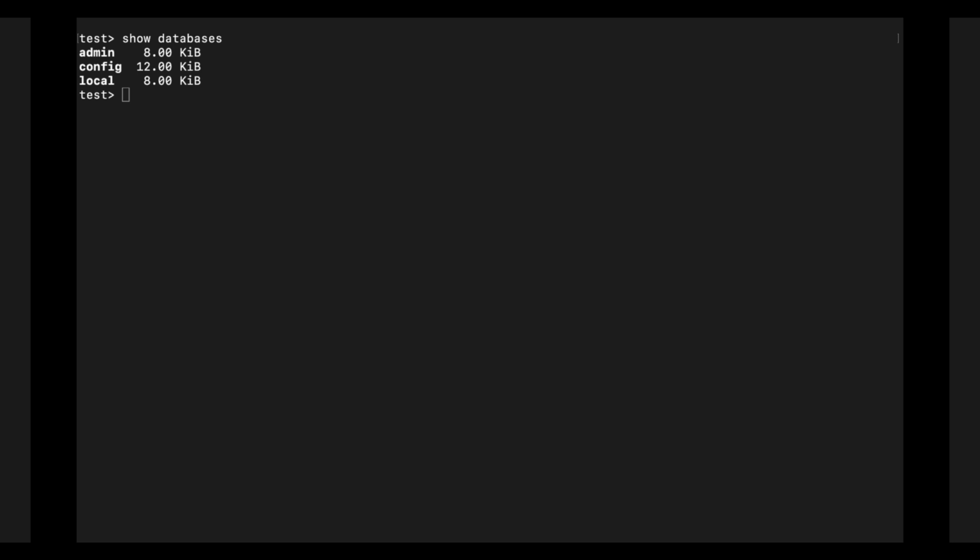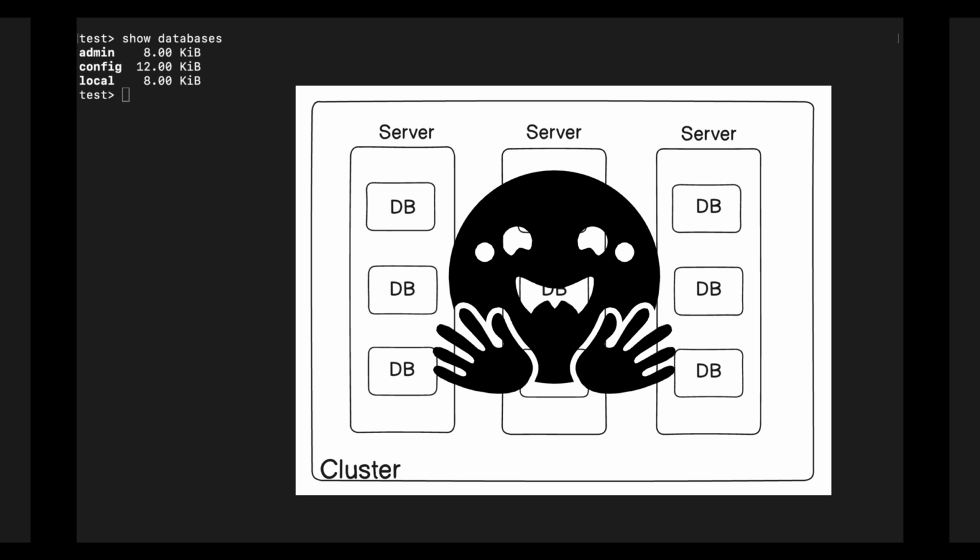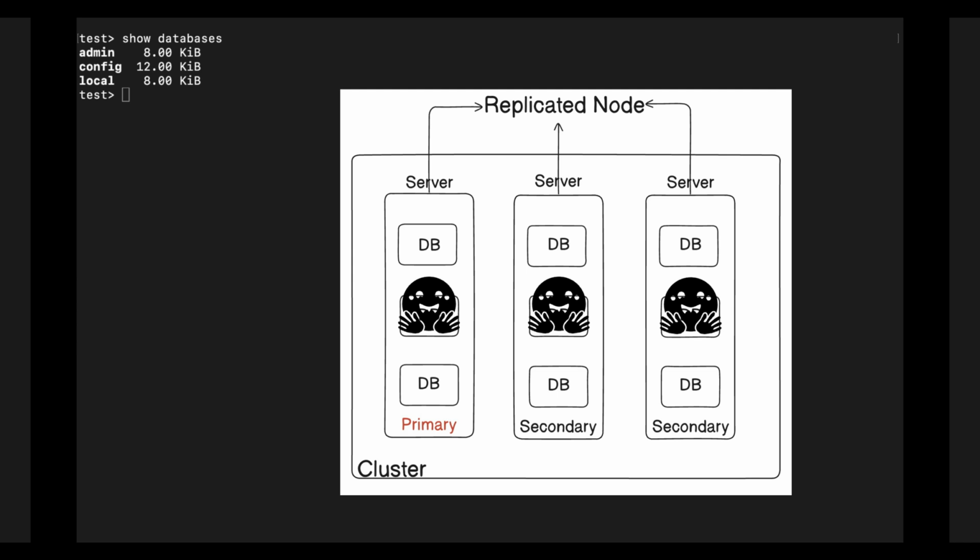In MongoDB, we usually define users at three levels. First one is the cluster wide. This includes the replica set or the sharded setup in the cluster. In the case of the replica set, when you create a user in any database, either admin or a non-admin database on the primary node, that user is automatically replicated to all nodes in the replica set. This ensures consistent access control across the cluster.